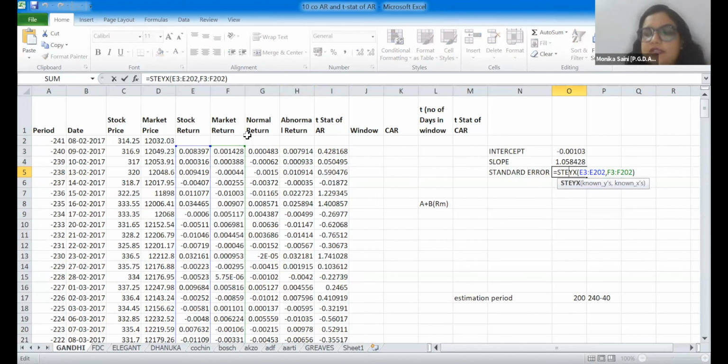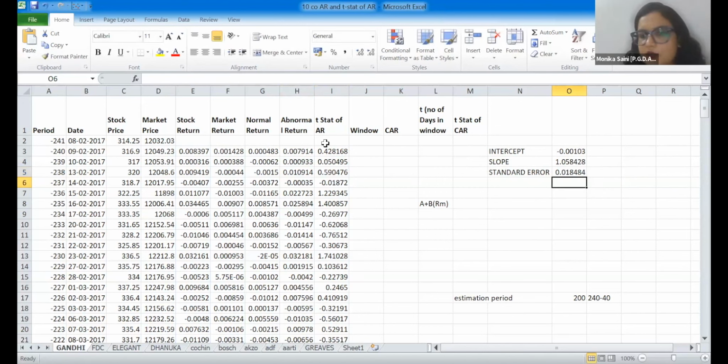After calculating this standard error, we have to find out whether these abnormal returns are significant or not, right? So we have to calculate the T statistic. How to calculate this T statistic of abnormal return? You have to simply divide your abnormal return by the standard error. So these are the values that we are getting. Now, how to